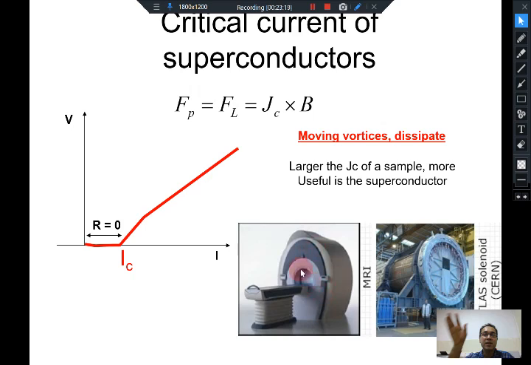So the wires which are used inside this are superconducting wires. They are type 2 superconducting wires, which have a lot of pinning inside them, so that you can send in large currents without any dissipation. In these superconducting wires, you can send large currents inside them without creating dissipation. So these materials have very large pinning inside them.